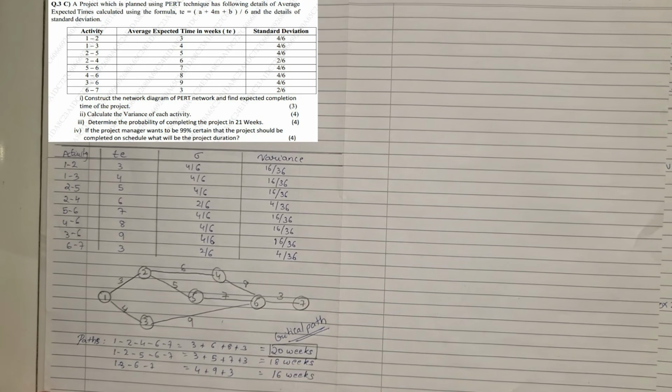Now in this question, they had asked us to construct a network diagram and find the expected completion time. So our expected completion time is 20 weeks. And calculate the variance, which is done. Now determine the probability. In order to determine the probability for completing the project in 21 weeks,